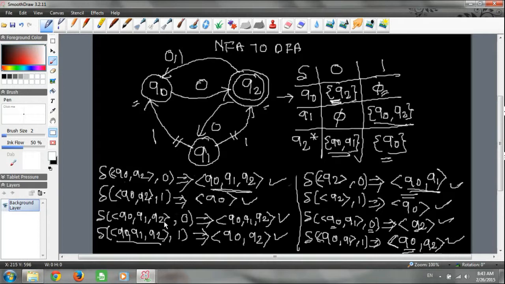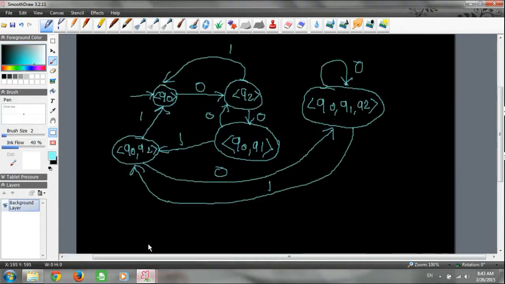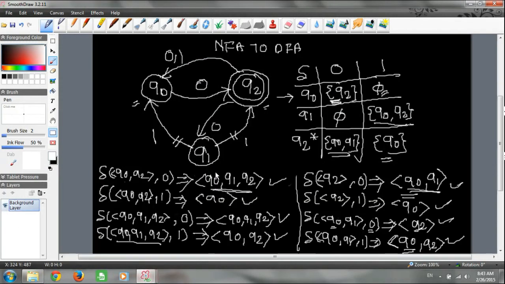Now one step is remaining. What is that? Can you guess it? I hope you guessed correctly that we need to show final state in the DFA yet. Okay, so what is the final state? Look at your NFA. So which is the final state in your given NFA? It is Q2.